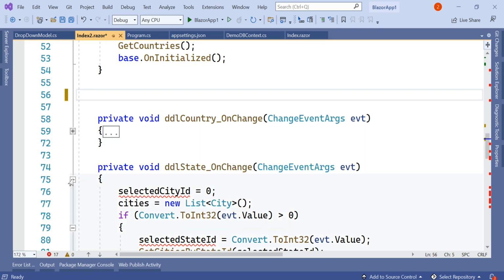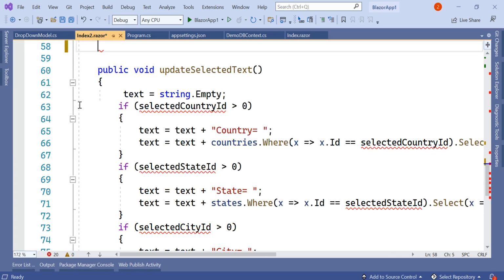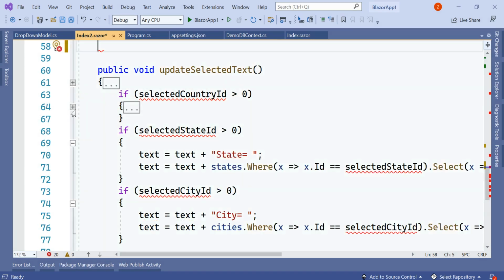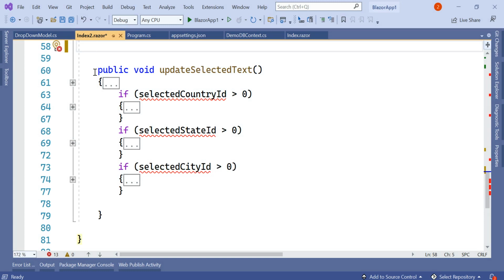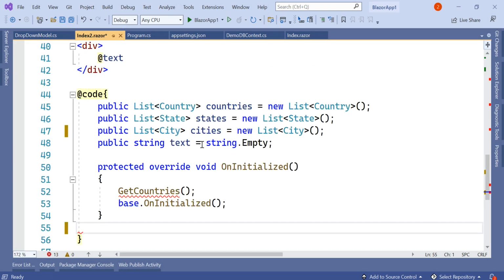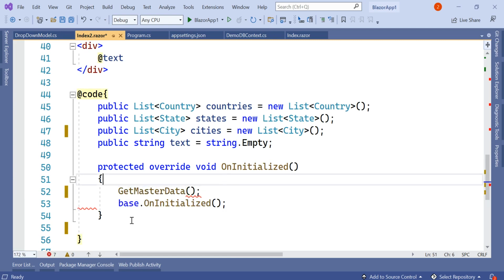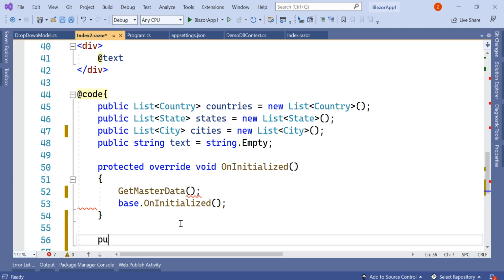And we are going to remove these three on change methods also, and this one also. So we only have an OnInitialized method, and we are going to name it as GetMasterData. So we have a method public void GetMasterData,